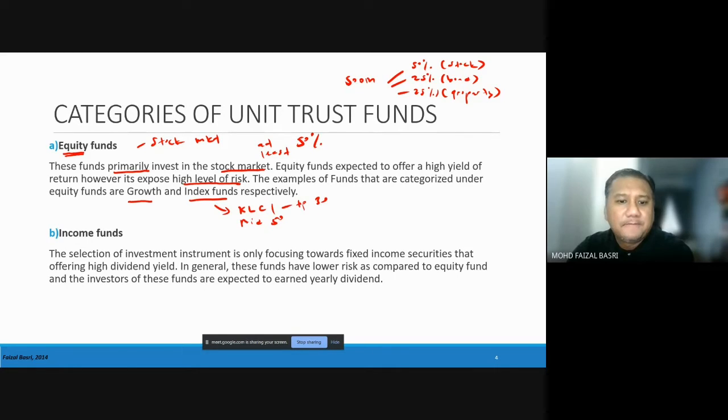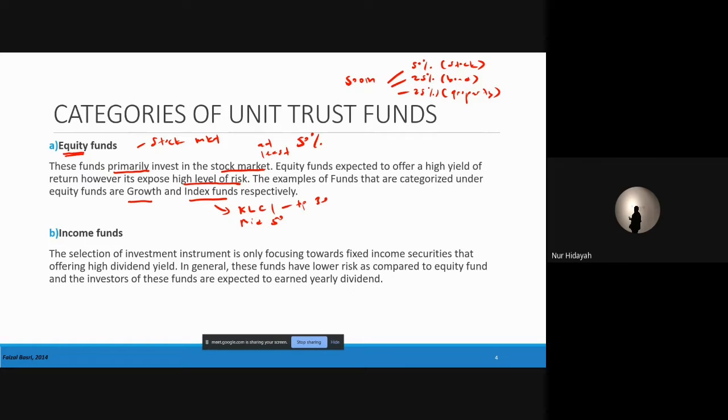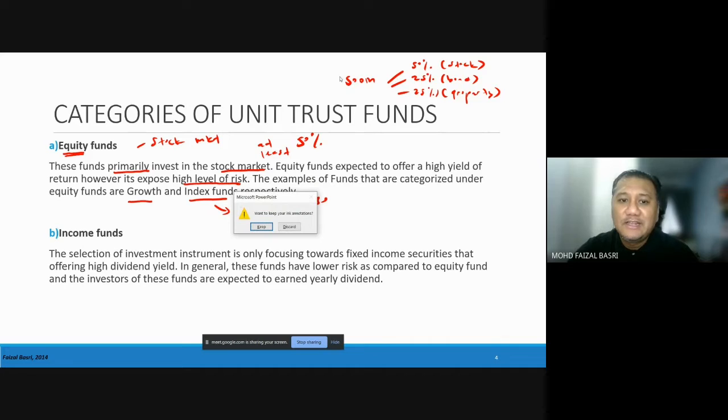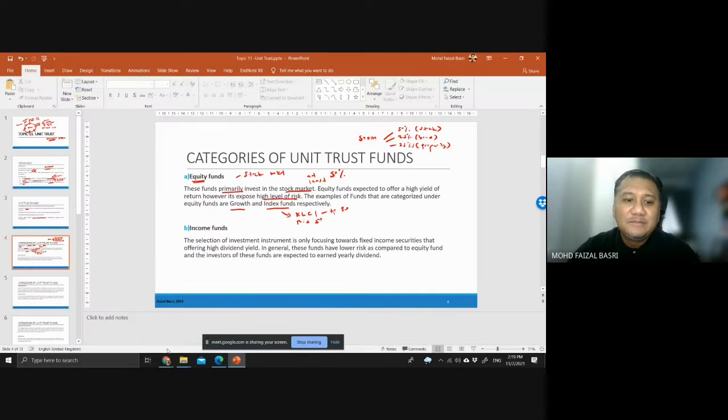Sir. Ya. Kalau macam equity fund ni, dia macam unit trust ni dia kan labur kat stock market 50%. So 50% kalau kat Malaysia je lah, dia tak ada yang pergi keluar negara. Dia dalam unit trust fund ni dia ada macam-macam. Dia ada yang exposure dia Malaysia saja, ada yang unit trust ni dia expose dia punya fund ni overseas. Kalau nak tunjuk satu-satu nanti lama ni, tapi since you dah tanya ni kan, kita boleh go through contoh-contoh unit trust yang ada kat Malaysia ni.